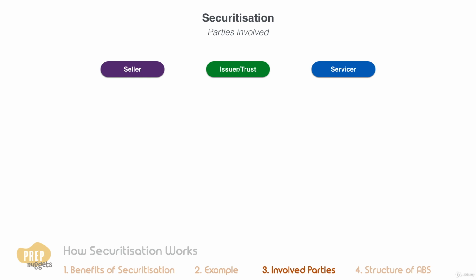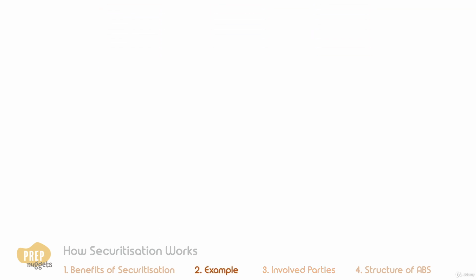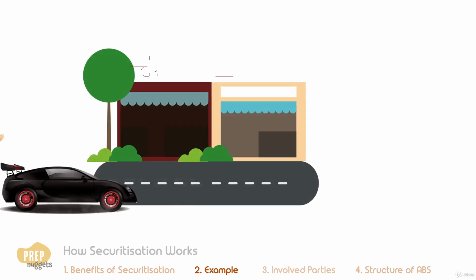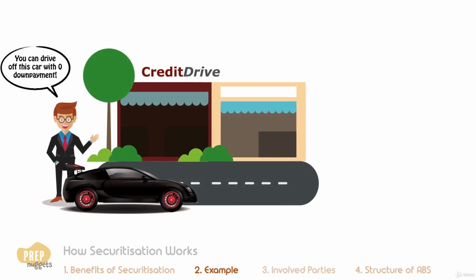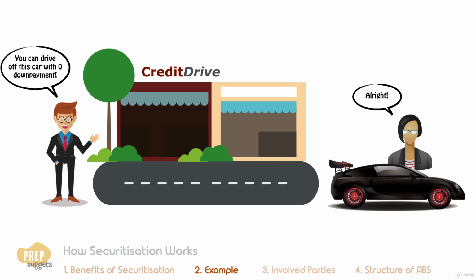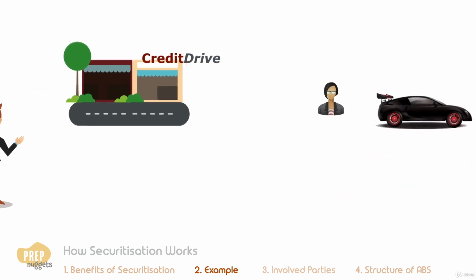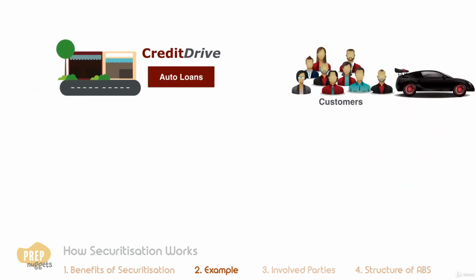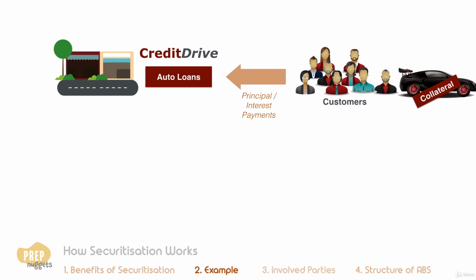We shall illustrate a typical securitization transaction and the parties involved with a fictitious example. Credit Drive is an automobile dealer that sells most of its cars on credit. The customers buy the cars and enter into loan agreements with Credit Drive to pay for the cars. The autos are marked as collateral, and Credit Drive receives principal and interest payments on the loans until they mature. The loans have maturities of 48 to 60 months at various interest rates.